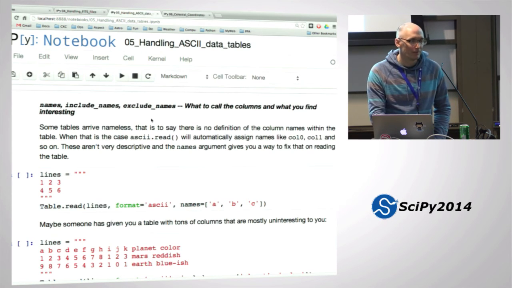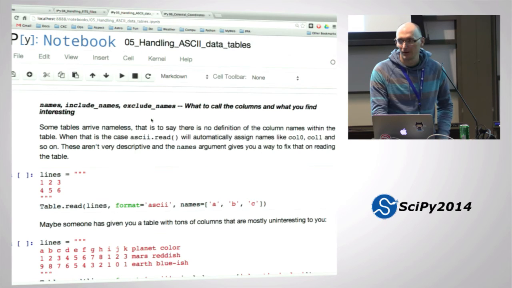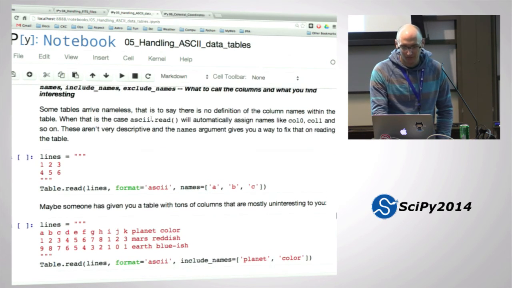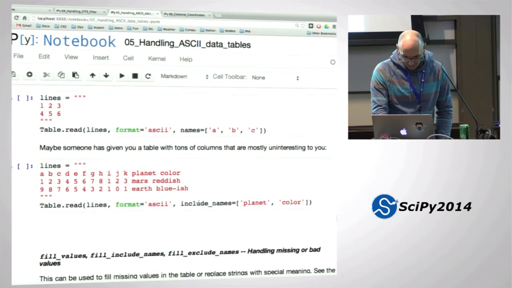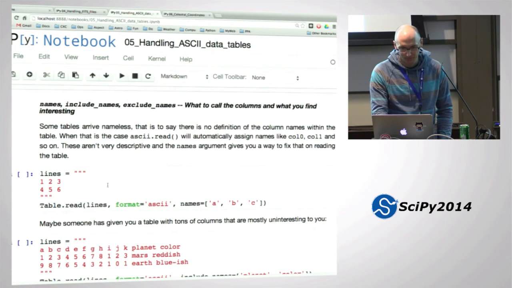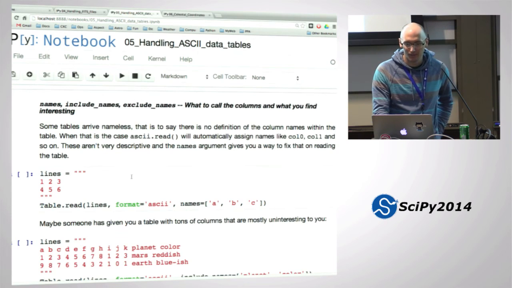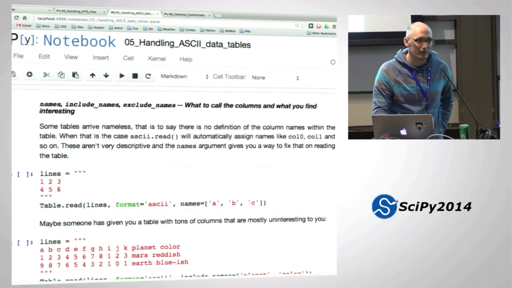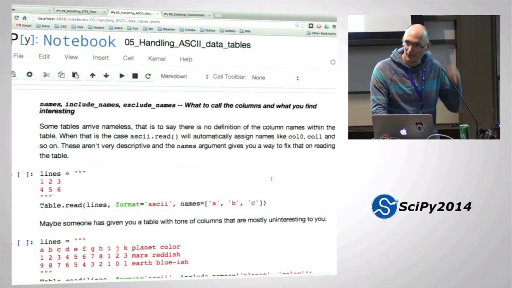So sometimes you'll get a table and it's got 100 columns and you actually only want 3 of them. Sorry, that's the second part of the example. The first, actually more common example is that you get a table with no header information. Someone just gives you the numbers, and you want to read that in and assign meaningful names. And I've assigned A, B, and C, which isn't that meaningful, but